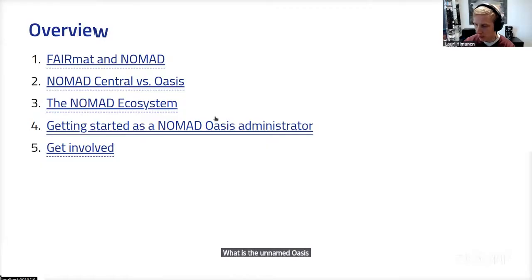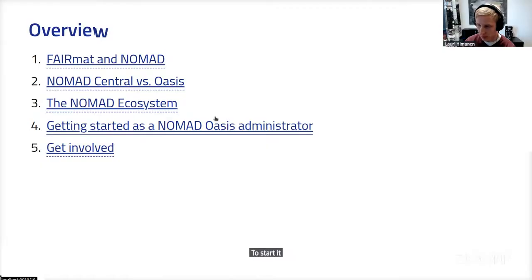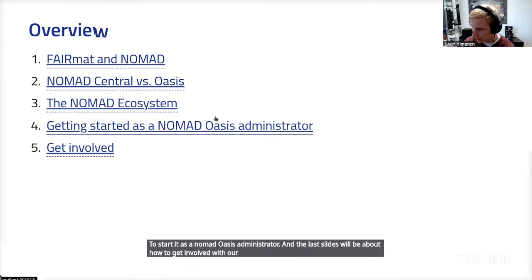And then we're gonna be taking a look at the different components of what we call the NOMAD ecosystem. And we'll also be looking into a few tips and resources for how you would get started as a NOMAD Oasis administrator. And the last slides will be about how to get involved with our community. So let's get started with FAIRmat and NOMAD.